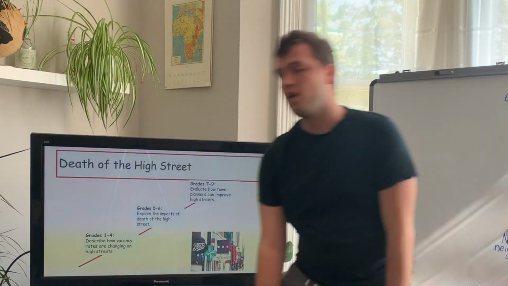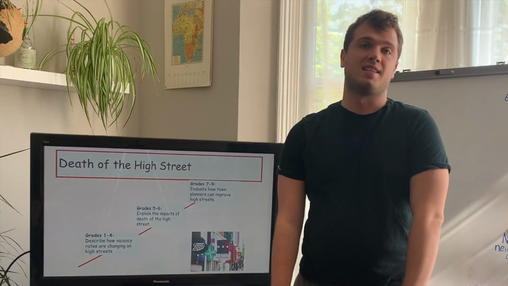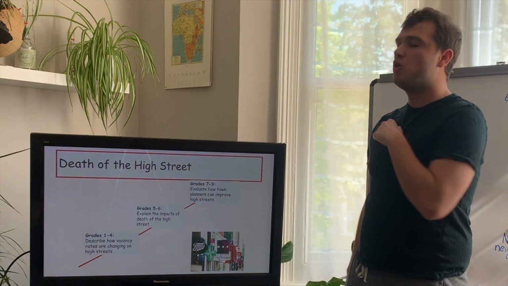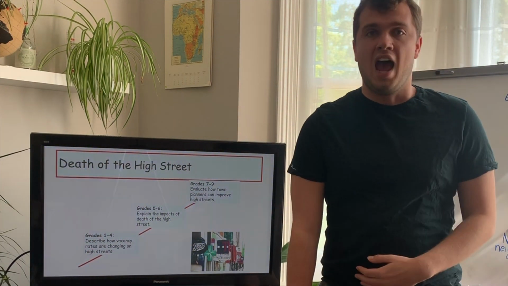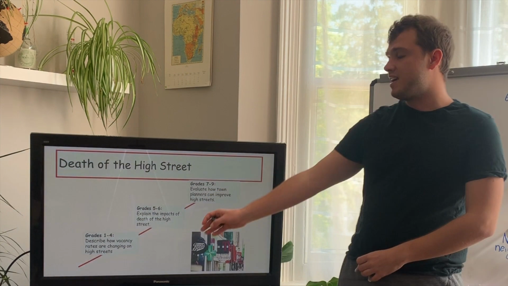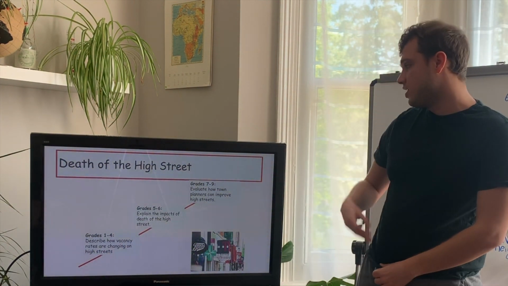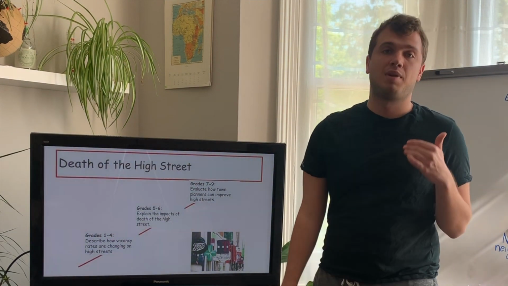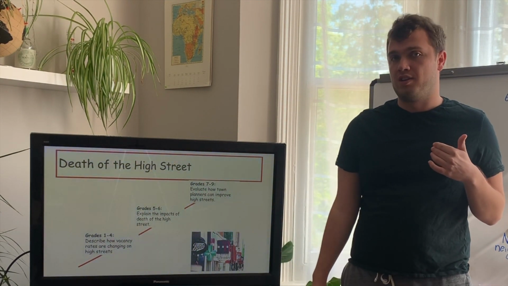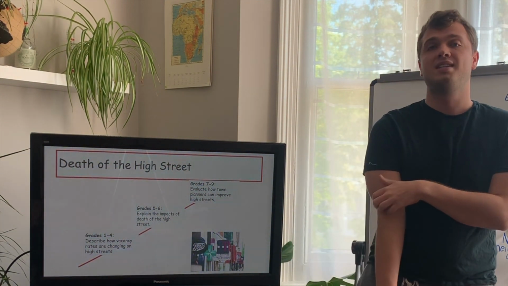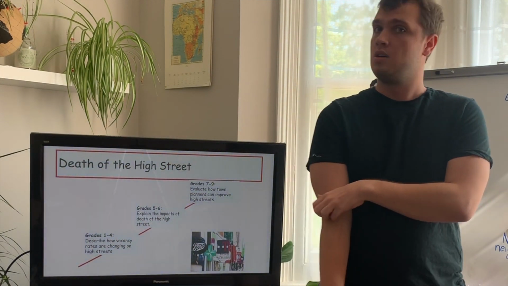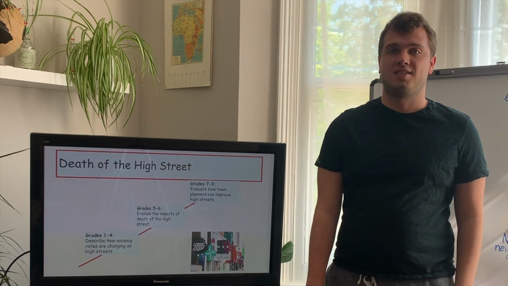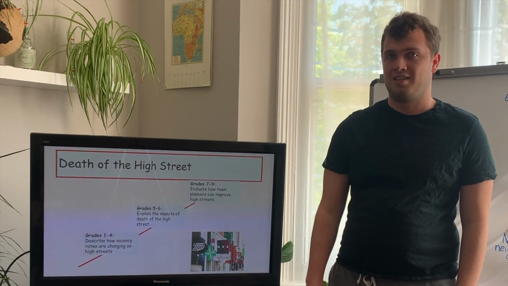Okay, so what we are moving on to today, as I say, is one of the kind of problems with online retail and other things, something called death of the high street. So we're going to be having a look at vacancy rates and how they're changing on high streets. We're going to be having a look at the impacts of death of the high street and think about how town planners can start to improve the high streets. All right, so if you could write this title in for me, Death of the High Street. Sounds ominous, I know. Write it in, underline it with a ruler, and we will get started in a minute.